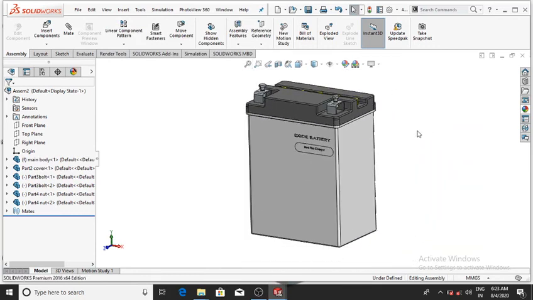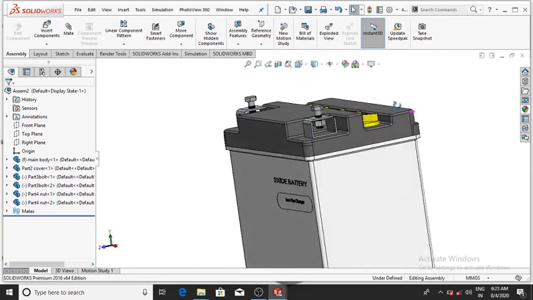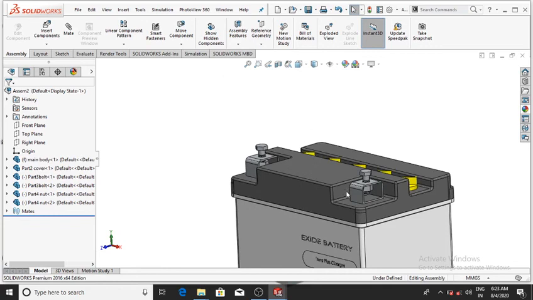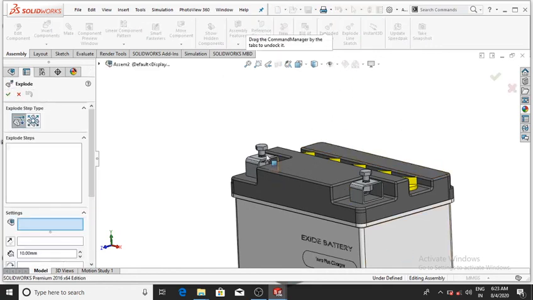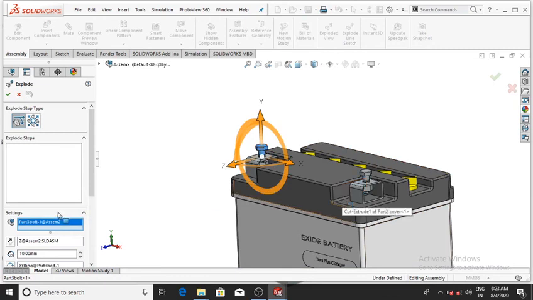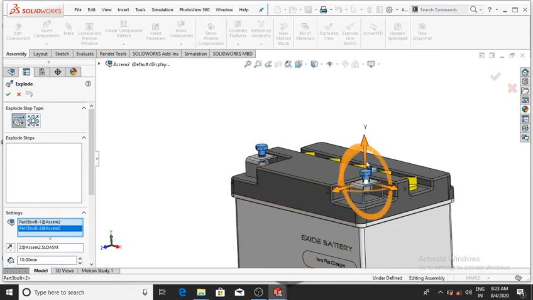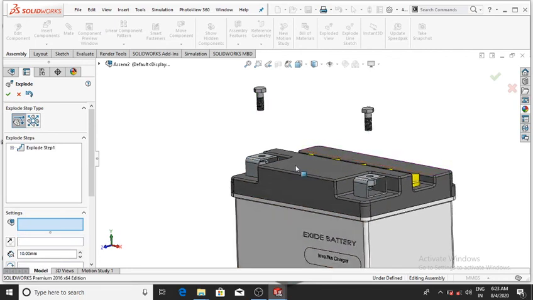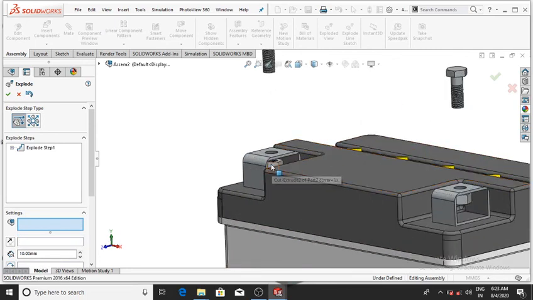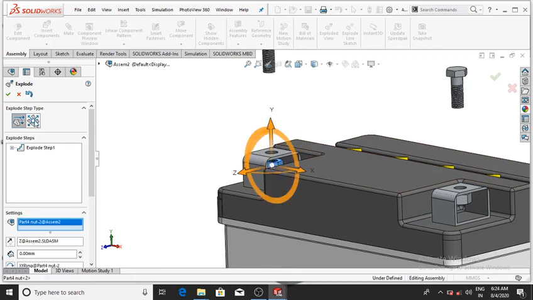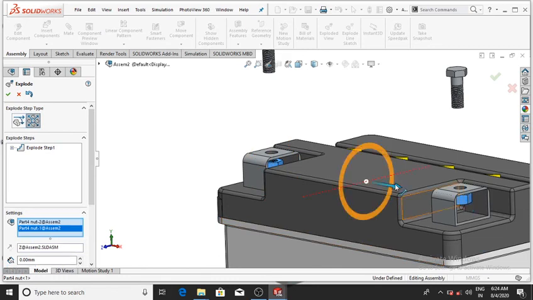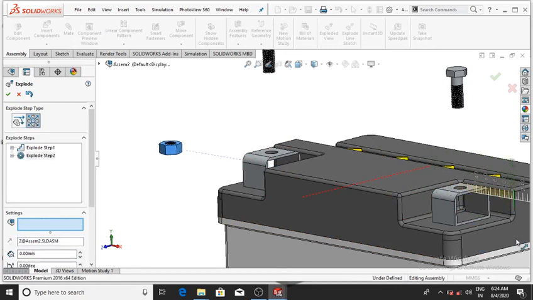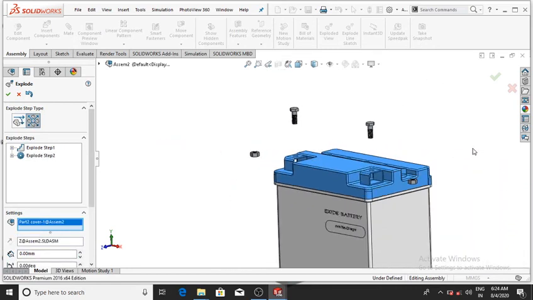If you want to make the exploded view of this battery design, go to the exploded view and select this sketch and press the shift key and select this bolt and simply drag it up to this, and now we select the nut and make it a radial step and select this other nut also and drag it up to this, now OK.